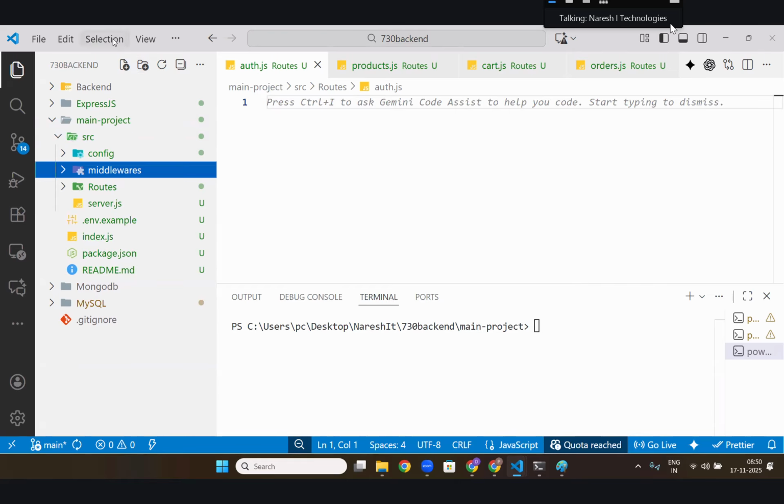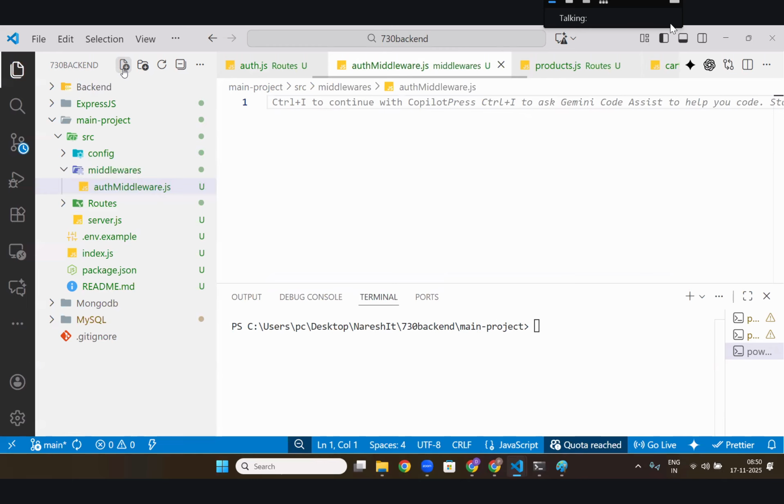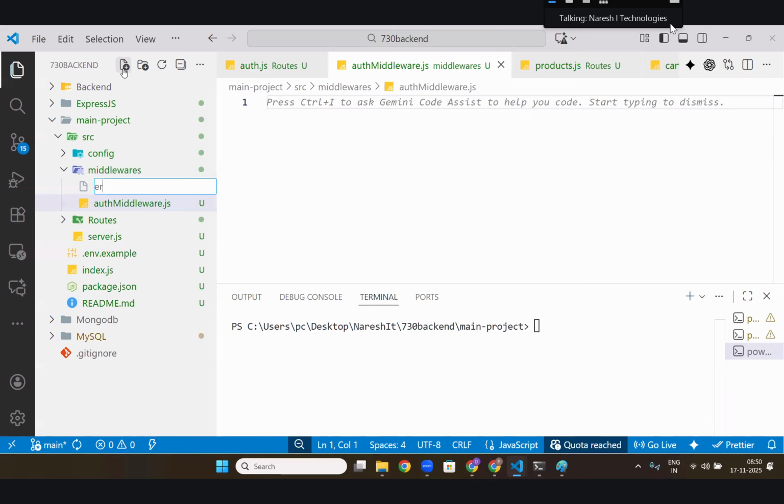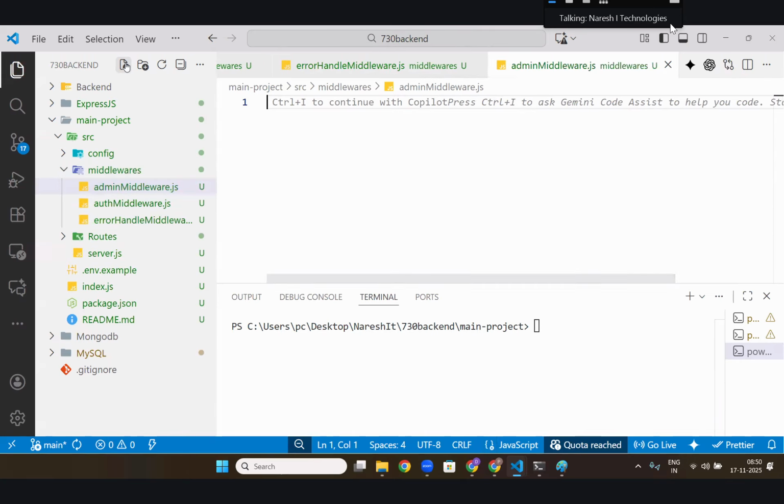In middlewares, I will create auth middleware.js, error handle middleware.js, and admin middleware.js. I have three middlewares.